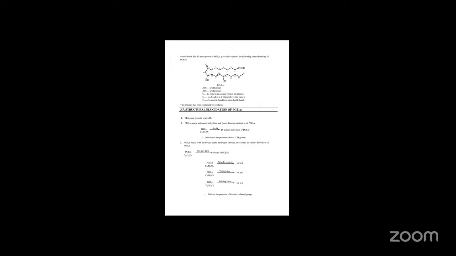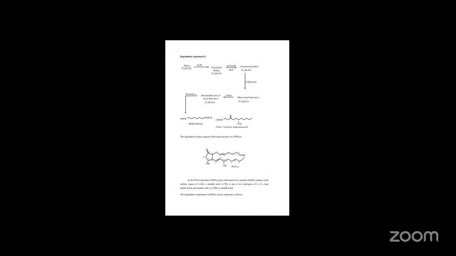So the degradation studies suggested the following structure of PG2 alpha. That is, in this case, two hydroxy groups are there, two double bonds are there, one carboxylic acid, and one aldehyde is there. Okay, and the evidence for the degradation reactions is that when that molecule undergoes